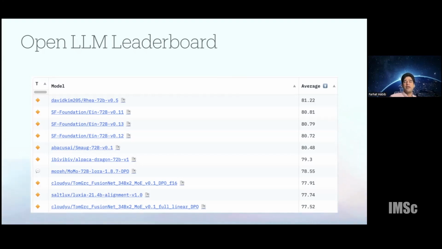CPU inferencing is slow, but not unreasonably slow. You would be able to see a word every second or so. And here's the leaderboard on the site called Hugging Face, where a large number of open source models are available. People fine tune them, people train them, people compare them against each other. And you can see the models at the very top are now nearing, almost as good sometimes as, their closed source counterparts in many of the rankings.